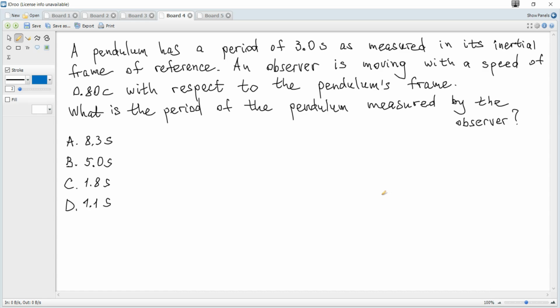A pendulum has a period of 3 seconds as measured in its inertial frame of reference. An observer is moving with a speed of 0.8 c with respect to the pendulum's frame. What is the period of the pendulum measured by the observer? So there is a reference frame in which the pendulum is stationary,